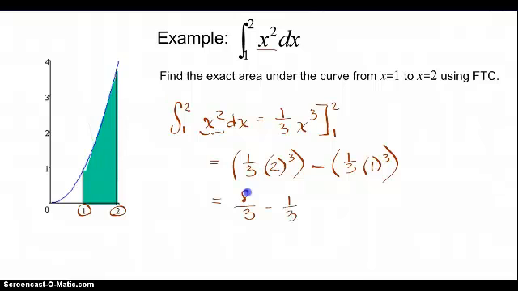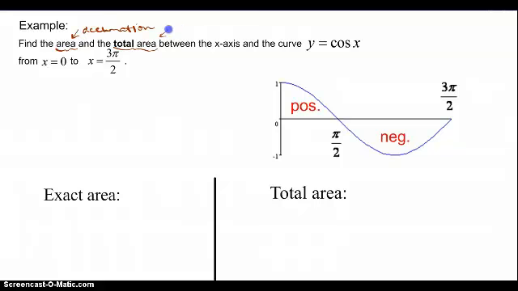That is the exact area trapped in the plane. Here's another example. We're going to talk about the difference between area and total area. Now, area is accumulation. If it says find the area, that is the accumulation of area. Total area says count all area